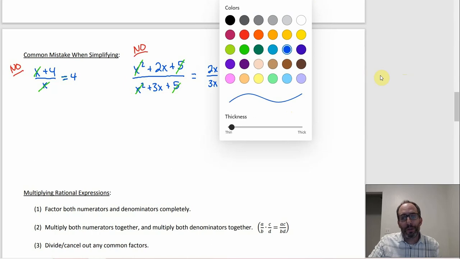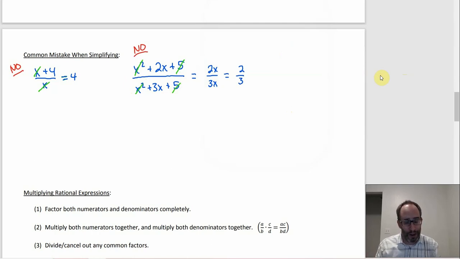And this is one of those things where if you've done a lot of this, then this is a thing that you probably don't really think of. But if you're kind of new to it, it's a step that everybody takes at some point, right? Even though it's not the thing that you want to do, at some point everyone does it. And the book actually had a great idea here. What the book said was, if you aren't sure if you can cancel something or not, just do the cancellation, like what you think the cancellation is, and sub in on both sides and see if you get the same thing. Because if you get something different, then it doesn't work, right? So what the book says to do